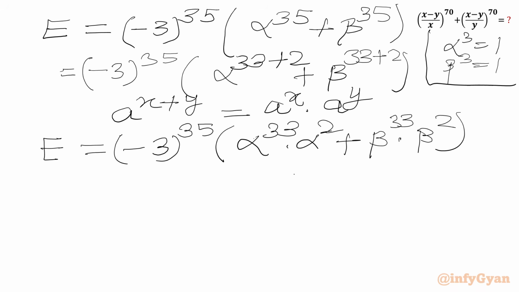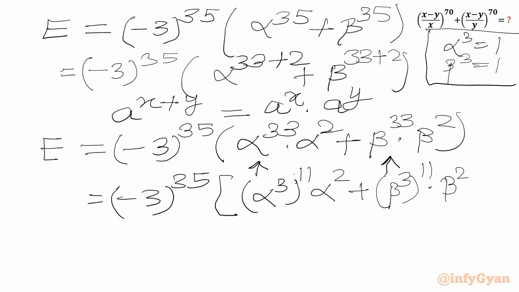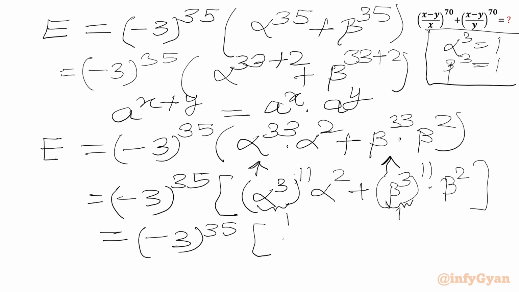Now alpha cube and beta cube is 1. So we can write alpha power 33 and beta power 33 in terms of alpha cube and beta cube. So we'll write minus 3 raised to the power 35 in bracket alpha power 33 will be alpha cube whole power 11 times alpha square plus beta power 33 will be beta cube whole power 11 times beta square. Now we will put alpha cube equal to 1, beta cube equal to 1. 1 power 11 is 1. So we'll write minus 3 raised to the power 35 in bracket 1 times alpha square plus 1 times beta square. So we can write E will become